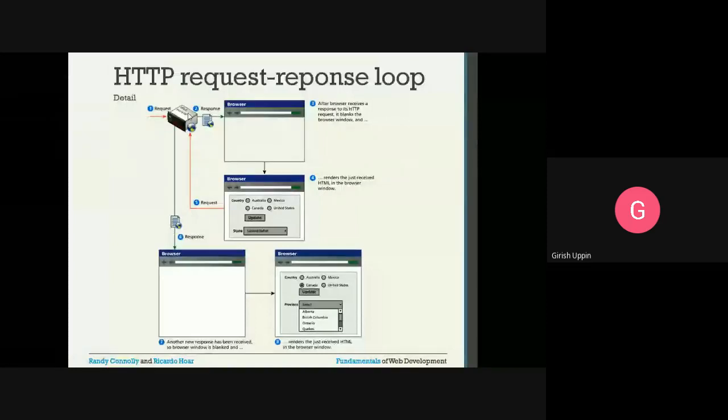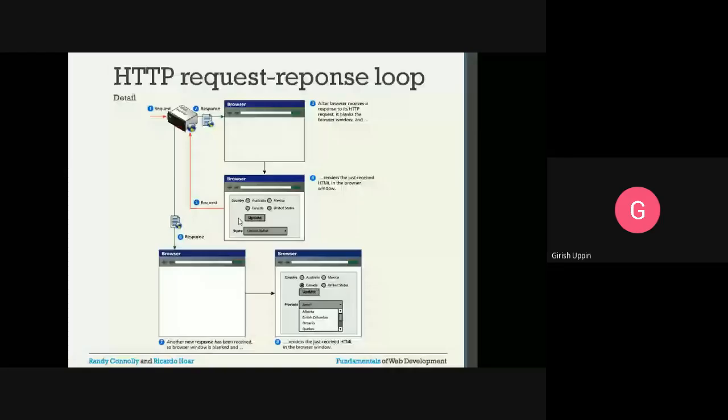After the browser receives a response to its HTTP request, it blanks the browser window. First it will blank out the browser window, and whatever updated form it got, that form is rendered in the browser. It renders the just received HTML in the browser window, and after selecting on this particular form, again the request will go.